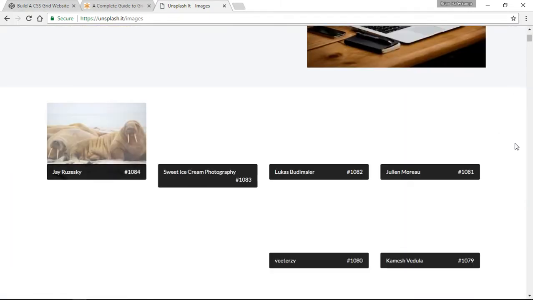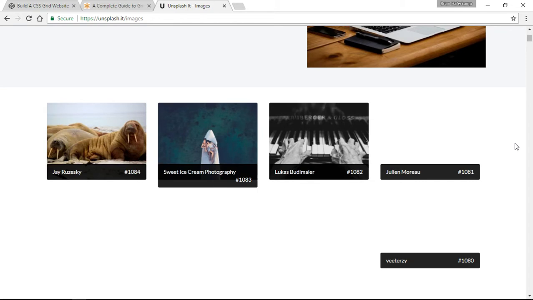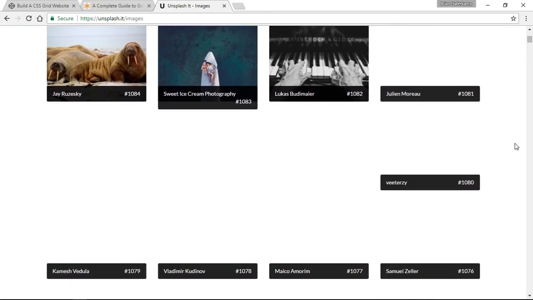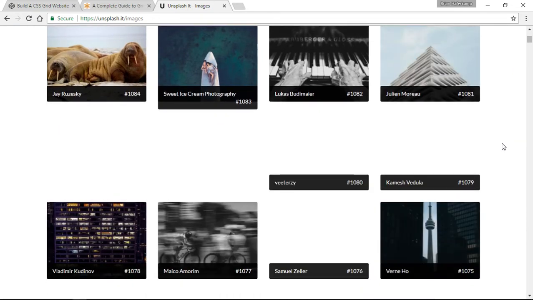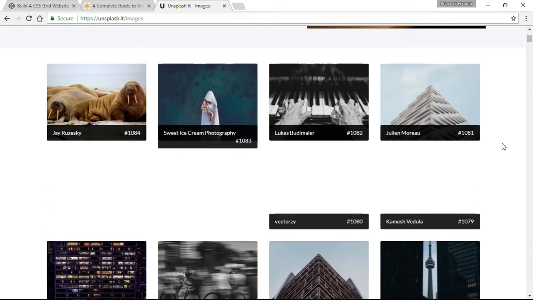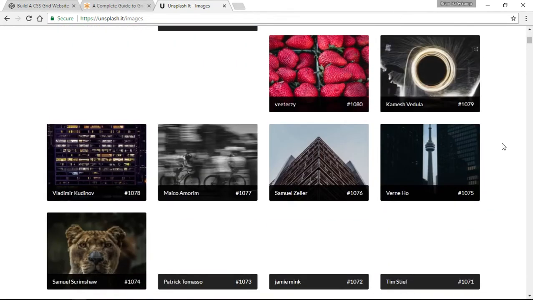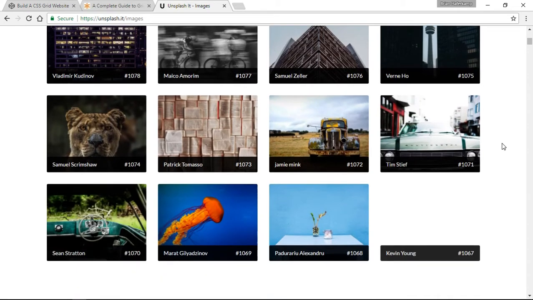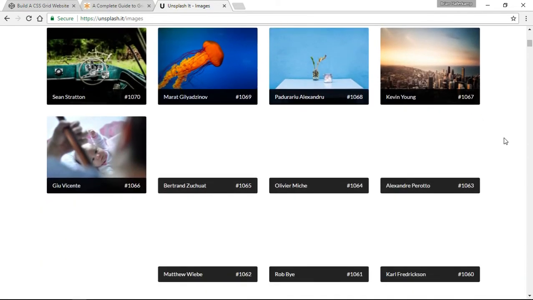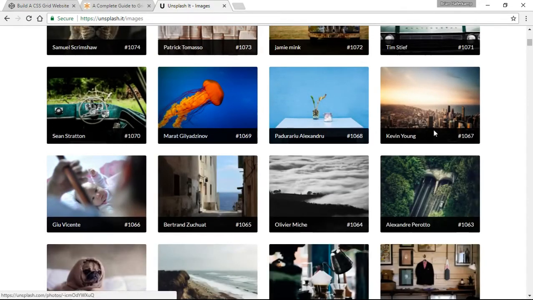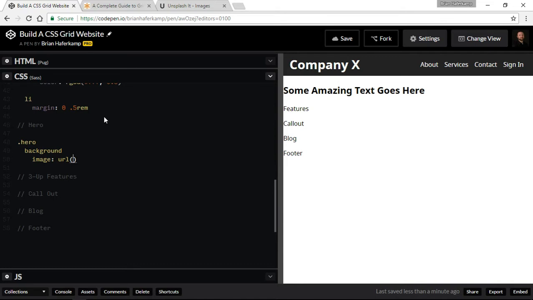So let's just pick a nice image here that's going to look good with our text. Our text is going to be on the left, and that means, how about this one? So this is my city, Chicago, and so we'll go with that, 1067. And so the code to put that in is